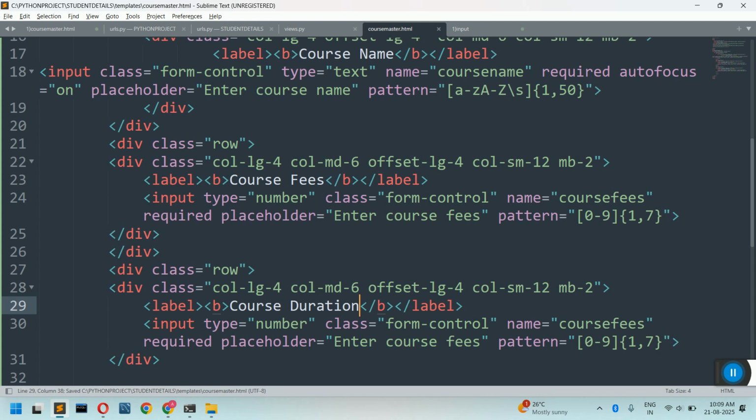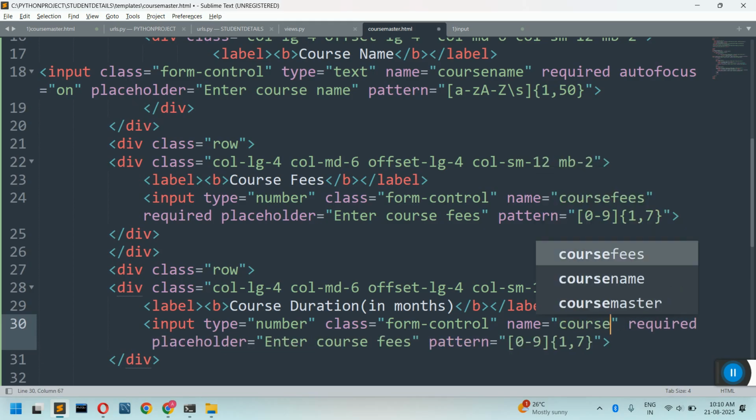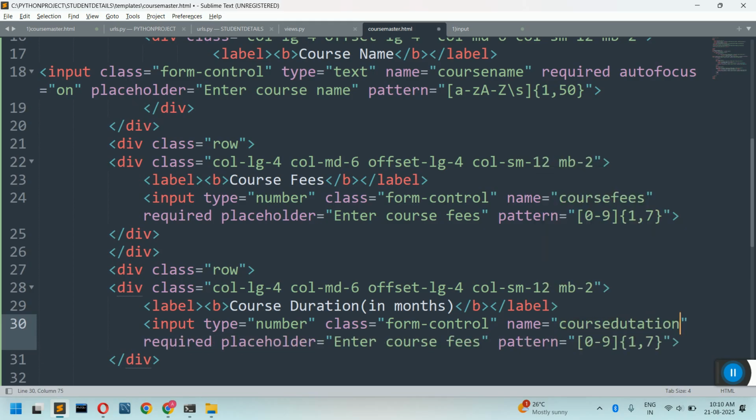duration. We put in brackets, in months. Meaning if 1, 2, 3 is written there, is it 1 day, 1 hour, 1 month? You will not get to know. So I'll say in months and type is equal to number, and name I will change it to course duration. Course duration is a required property, enter